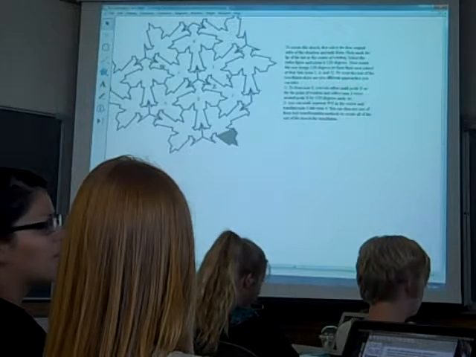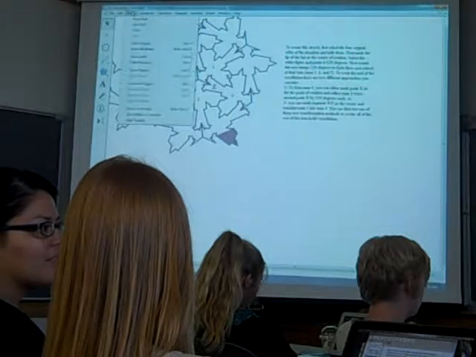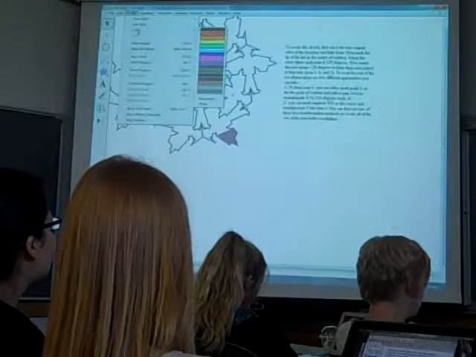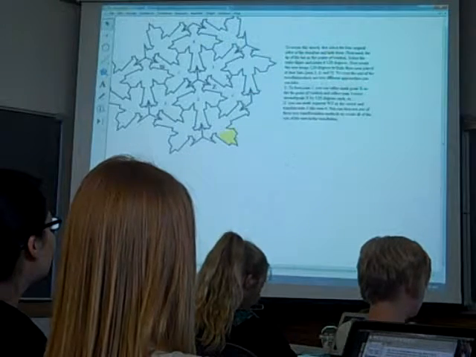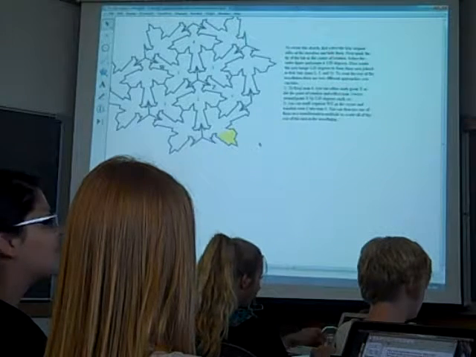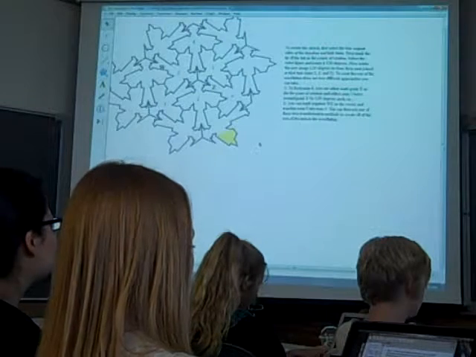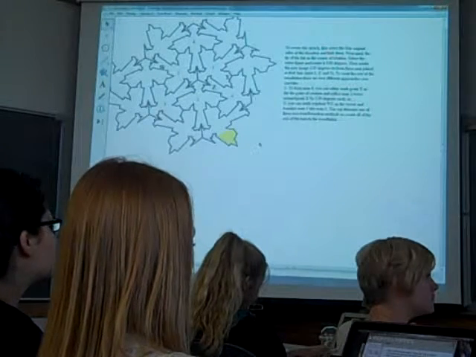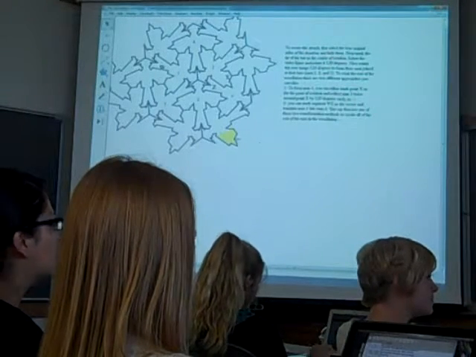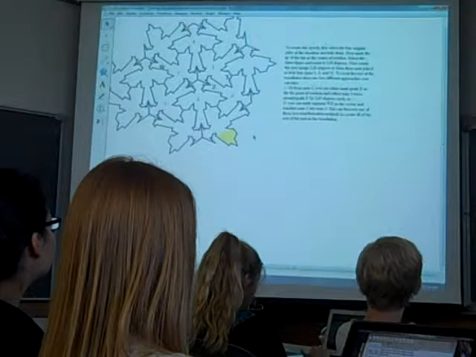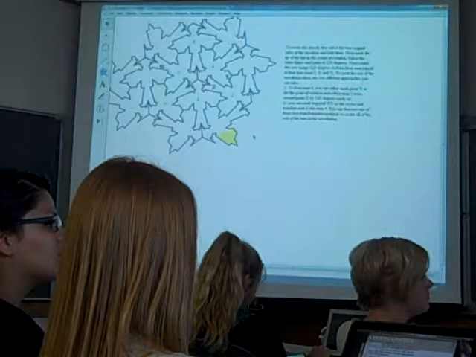Well, maybe. There we go. I can change it to any color I want. That's how you do it in Sketchpad. How do you do it in GeoGebra? You do it the very same way that I just showed you, because the only thing that can be filled